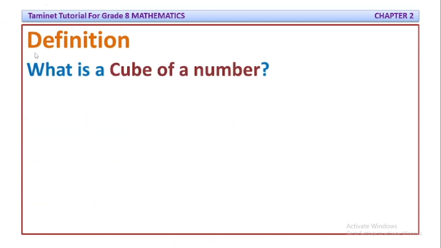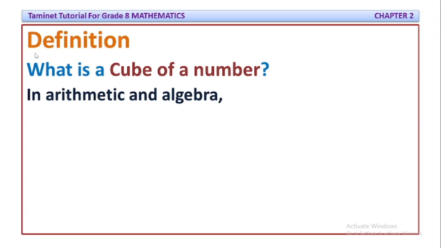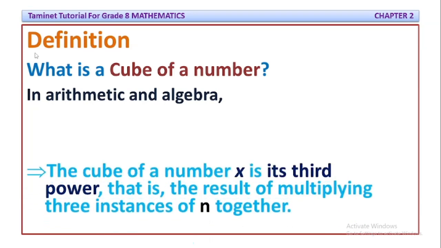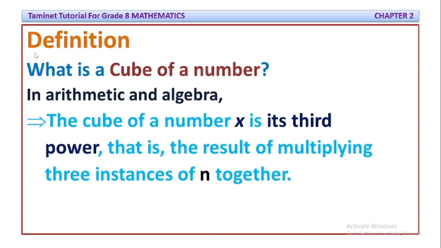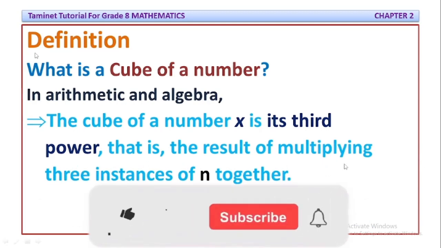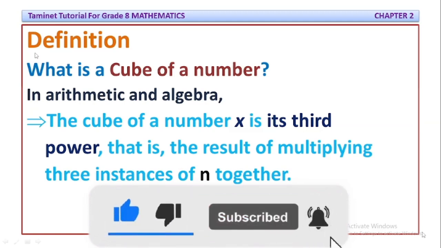Definition: what is a cube of a number? In arithmetic and algebra, you see there are two different names: cube in geometry and cube in arithmetic and algebra. So this presentation focuses only on arithmetic and algebra. What do you mean by a cube of a number? The cube of a number x is its third power, that is the result of multiplying 3 instances of n